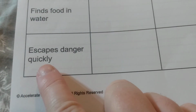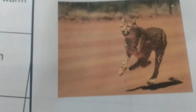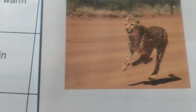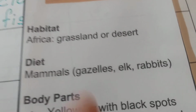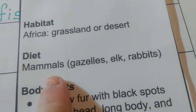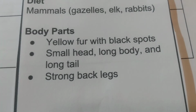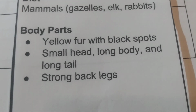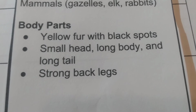Escapes danger quickly. We haven't read this one. A lot of children like this animal. Cheetah. Fastest land animal. And I think the clue is quickly here, okay? He lives in Africa on the grassland or desert. He eats mammals, gazelles, elk, and rabbits. And his body parts are yellow fur with black spots, a small head, a long body, and a long tail,